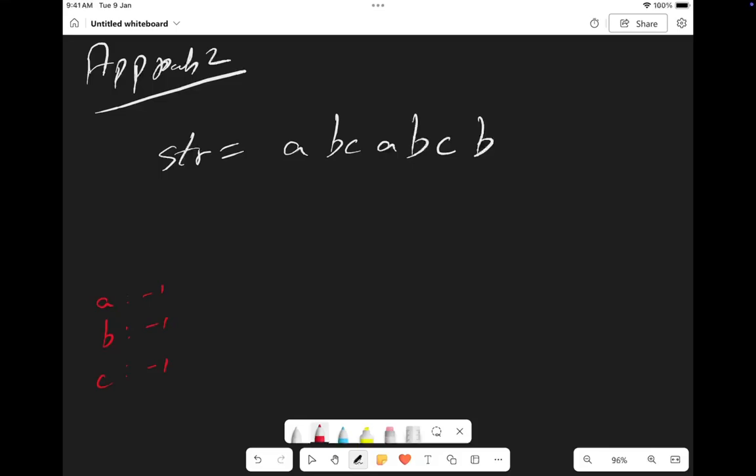So first we are on to this A. So first we update the A position to 0. Then between these three, I will get the smallest element. The smallest element is -1. So then I will do 1 plus the minimum between these three, so it will get 0. Why am I doing this? I will tell you. If we get a valid substring, then